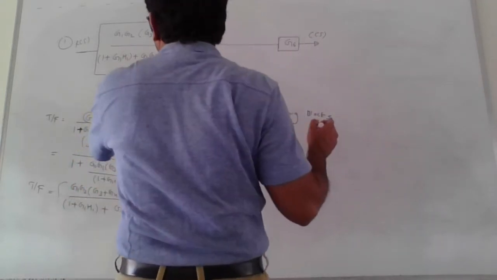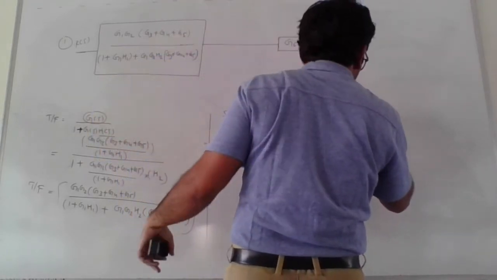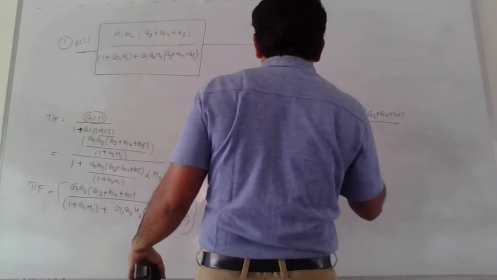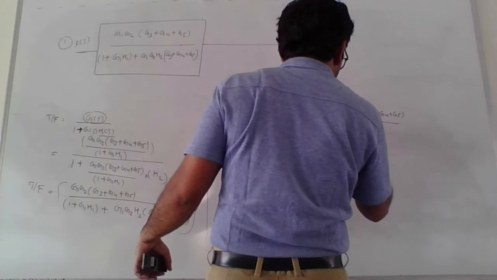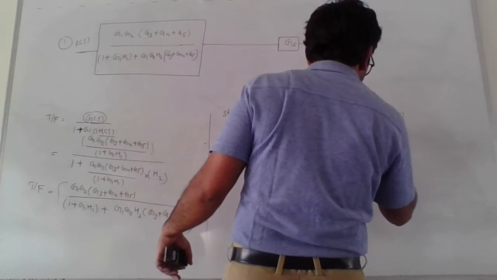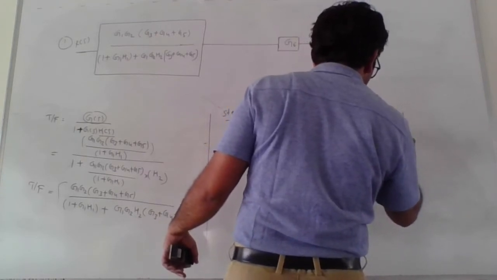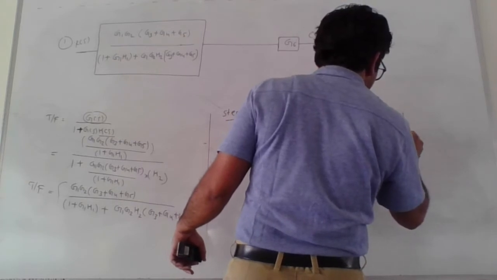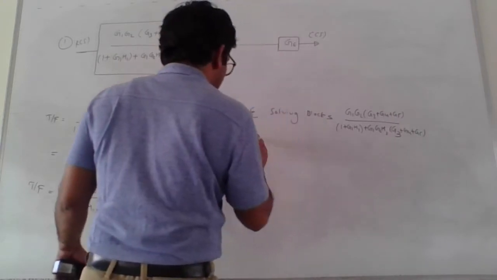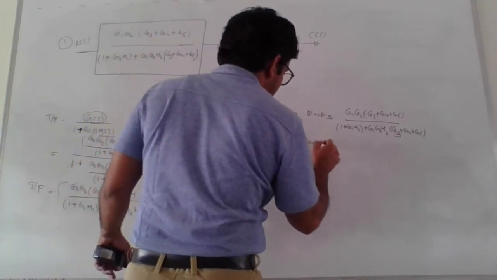Now which are the two blocks? First one is G1 G2 in bracket G3 G4 G5 whole divided by 1 plus G1 H1, then plus G1 G2 into H2 in bracket G3 plus G4 plus G5, and this block G6 in series